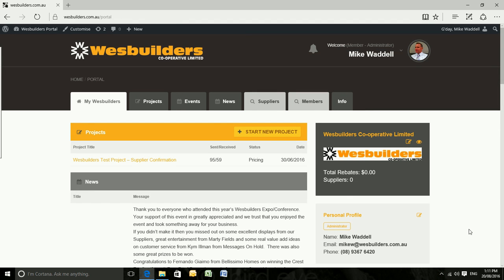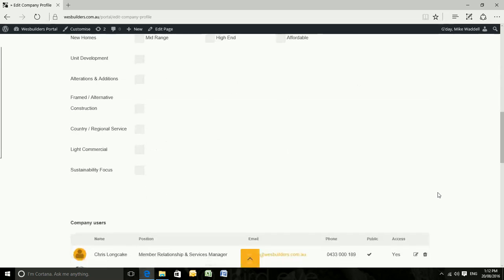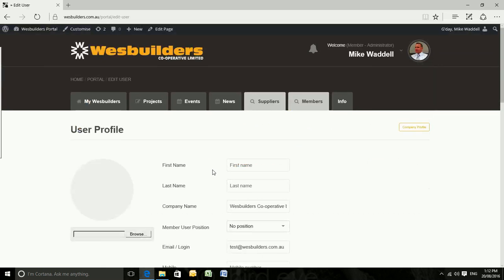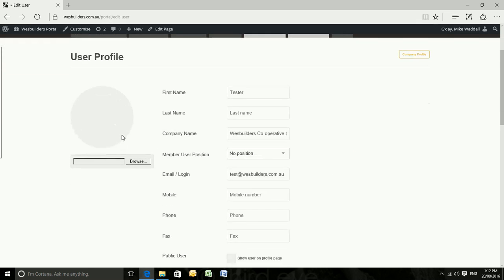We'll now go through adding a new user to your profile. So go to your Edit Company page, scroll down to where the list of users are, click in here and we'll put in a test email address. And click on the plus button. This takes you to the individual profile where you can put in the appropriate information of the new user, attach a photo,